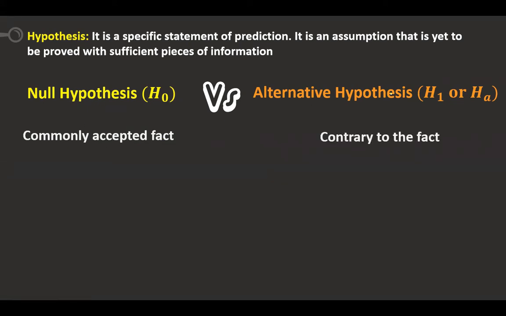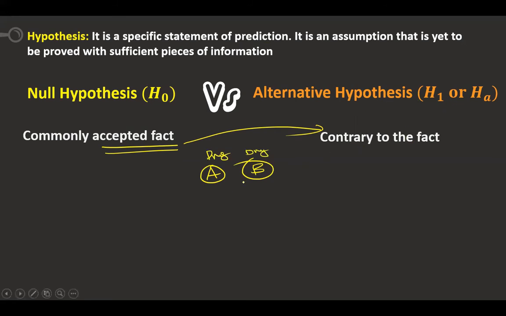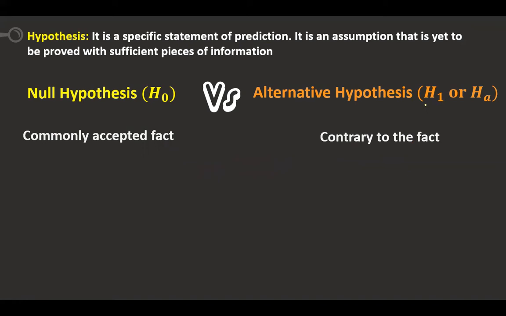Okay, now alternative hypothesis, whatever I am writing here, the opposite will come. Okay, there is no difference between A and B. Drug A and drug B, there is no difference. Then this alternative hypothesis says there is a difference. Okay, so now it is denoted by H1 or it is denoted by HA. Okay, so now H naught, say I'm giving an example here. Now see, pharmacy field example, you can take it yourself, right?